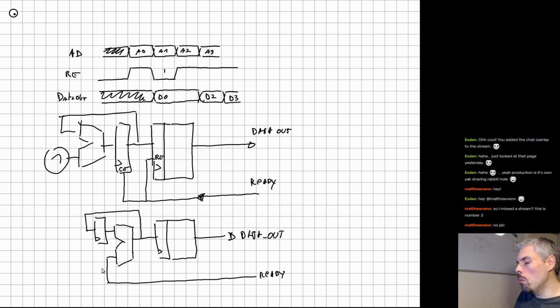So that's one way to do it: instead of gating the clock enable of the RAM, you use the ready signal to increment or not the counter. The downside is that with this ready signal you now have a combinatorial path that goes through an adder and then to the RAM input. That's actually a fairly long combinatorial path, which can limit your maximum frequency. While if you look here, that's a register output, that's a register input, it's super fast,